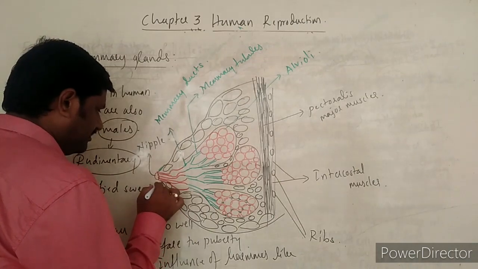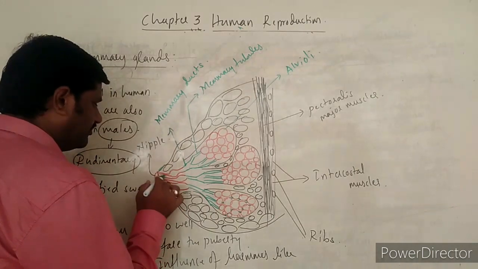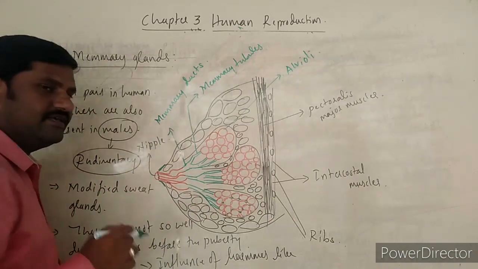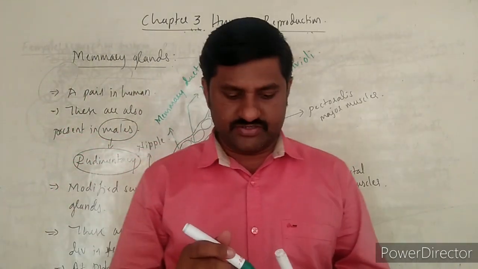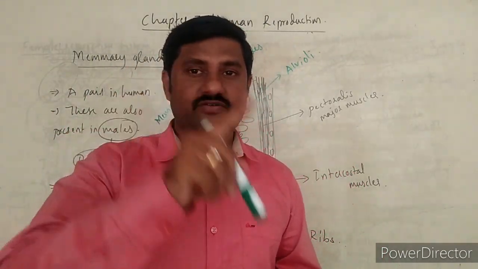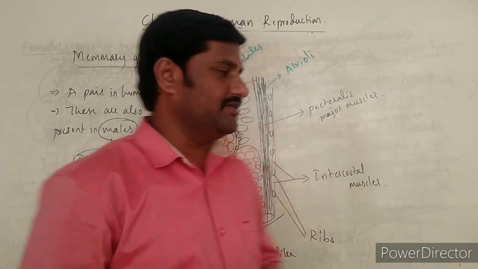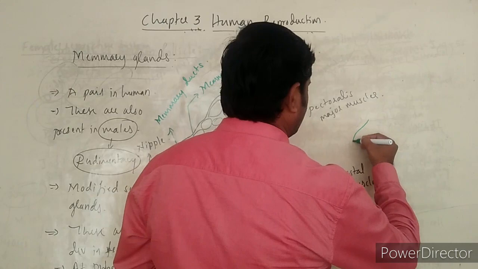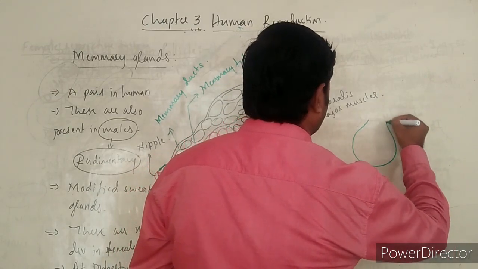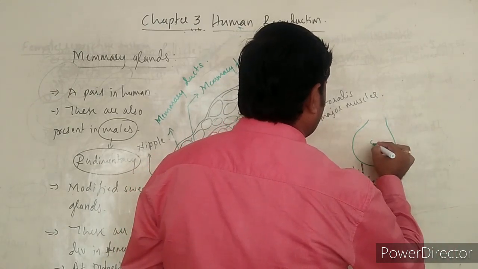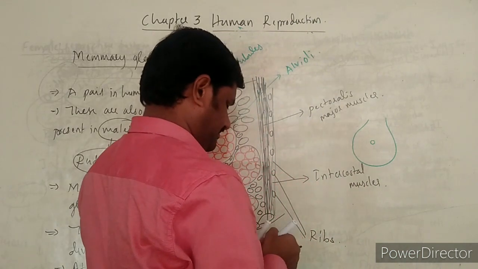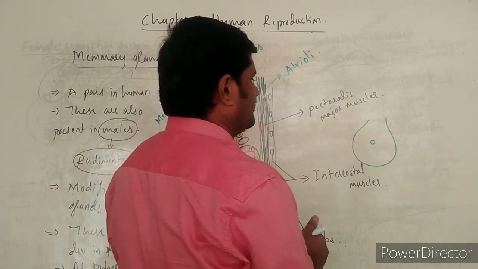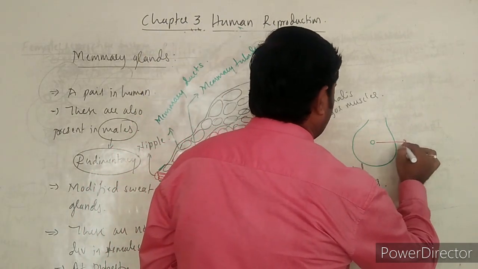Around the nipple, what you find over here is the area around the nipple. There is a thick pigmented skin that covers this nipple itself. I shall show it here separately. Okay, this is called the nipple,